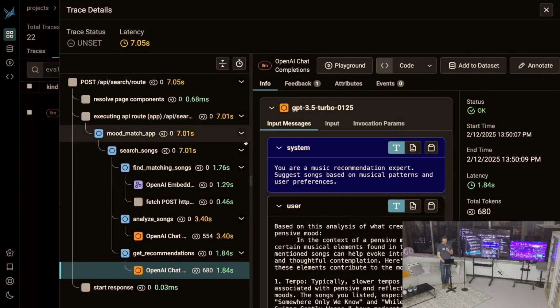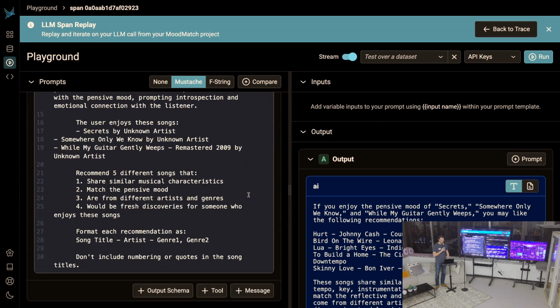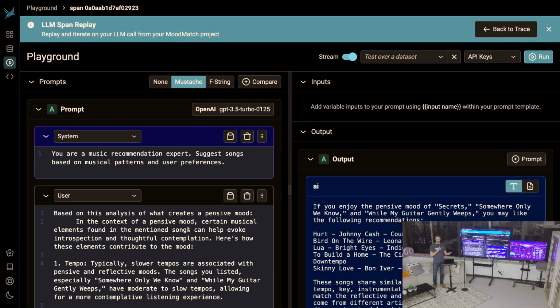So say I saw that this one made a mistake here. I wanted to actually try to improve that. One thing I can do directly in the platform is hit this playground button, and that will grab everything from the call that's being made there for the LLM call. It'll populate it into the system. It would actually grab in tool calls and previous messages and all kinds of things as well, output schemas that are being attached. It would pull all of that in,